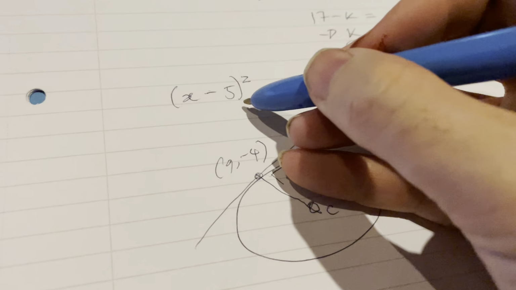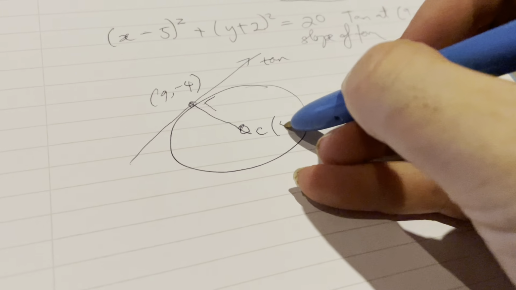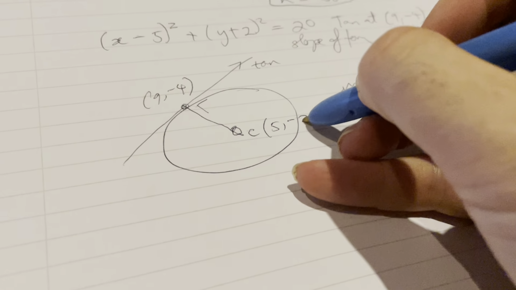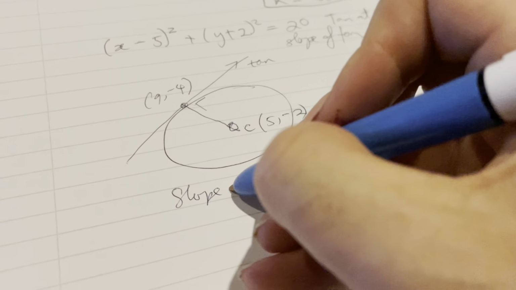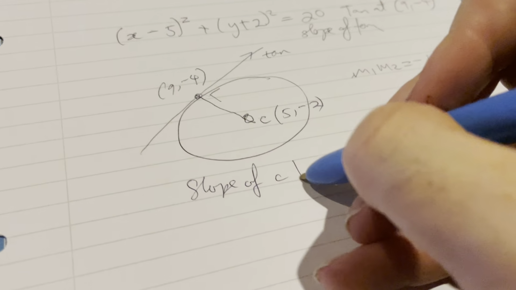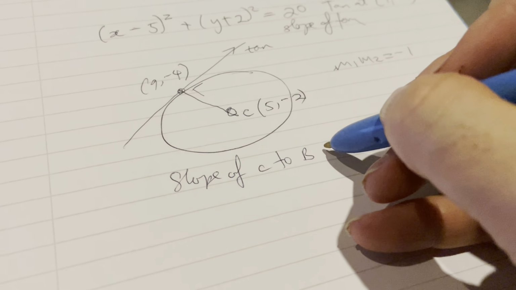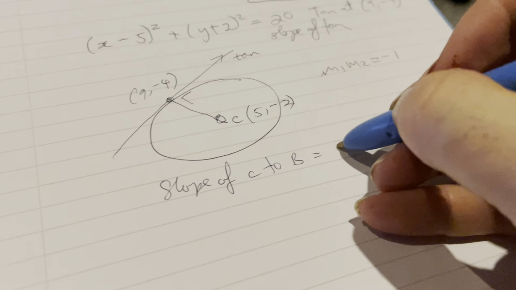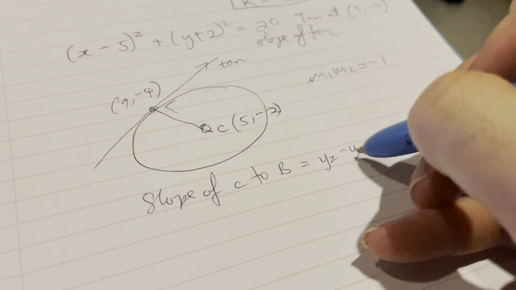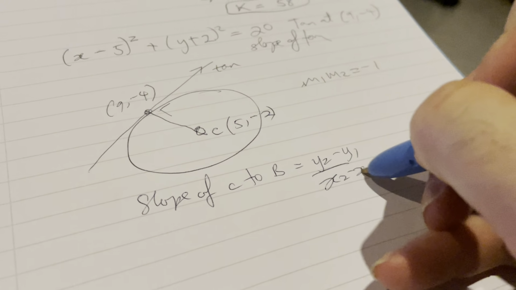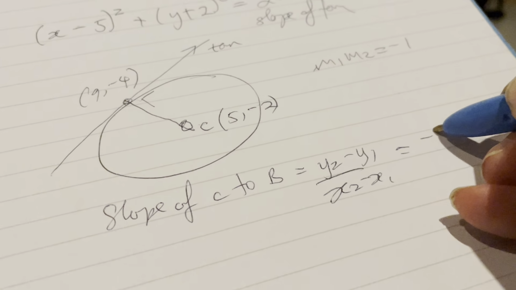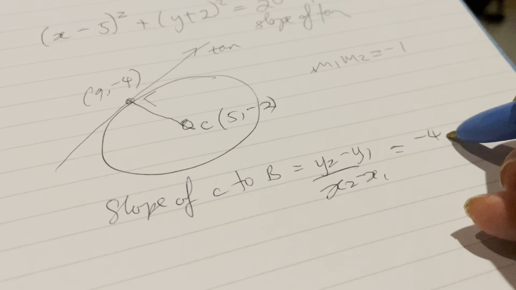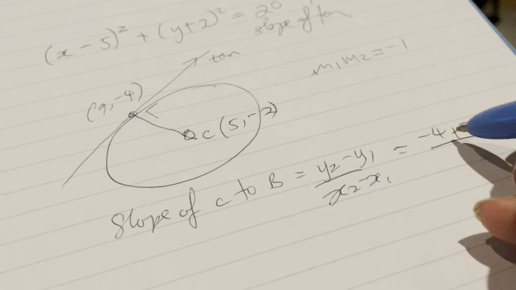The center is (5, minus 2). So the slope of the center to that point B is y2 minus y1 over x2 minus x1. So it's minus 4 minus minus 2, so it's plus 2 over,